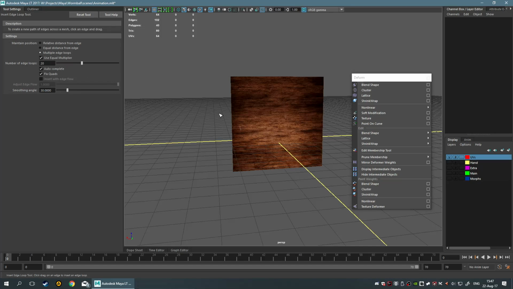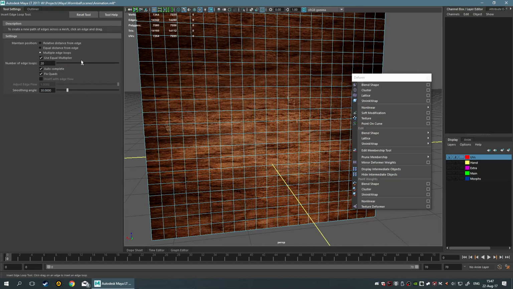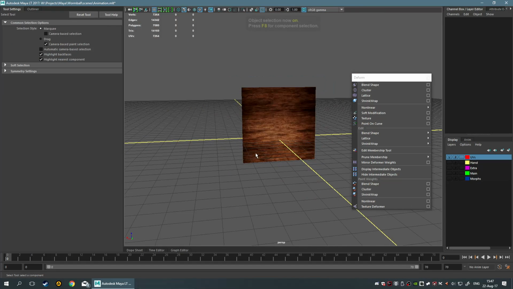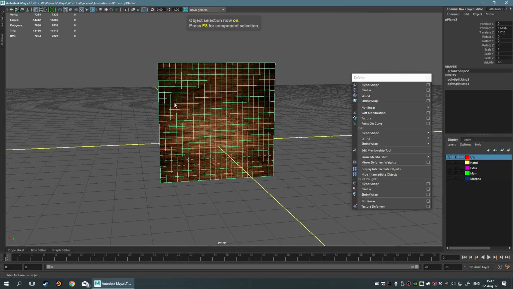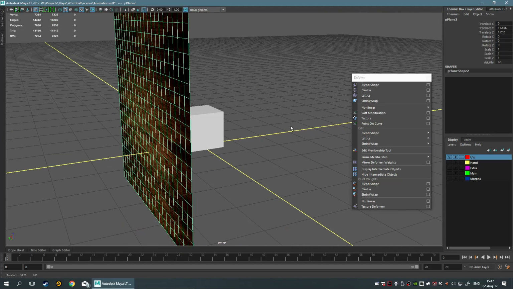Sorry about that, guys. It's been a while since I've used an actual tool here for an edge loop. So there's one, and then there's the other. So I've got 40 edge loops essentially on this thing, right? Now I'm gonna deselect this, and now I've got a lot of faces to work with, right? I'm gonna delete the history on this thing,